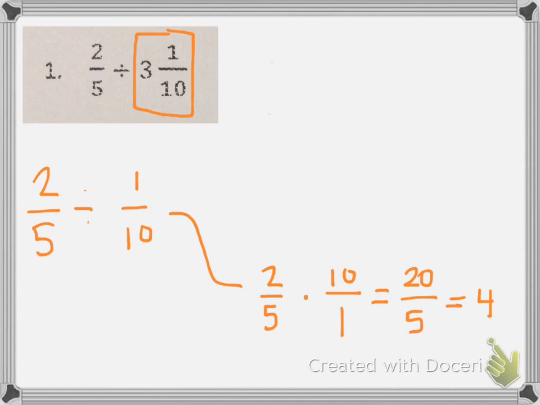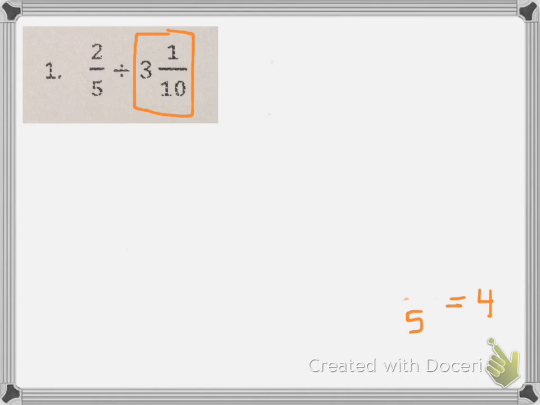So what I'm going to do is change the mixed number into an improper fraction. And it's just another algorithm that makes it pretty easy. If we just do this reverse C method, I can do 3 times 10 and then add 1, because I have 3 groups of 10, and that's 30, plus 1 is 31. So this new problem becomes 2/5 divided by